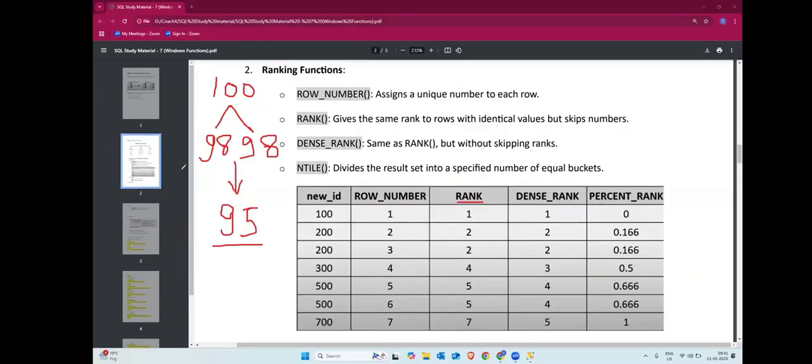So in case of rank, we go 1, 2, 2, but we will get 4 because there are 3 people above this. Then 5, and if 5 get